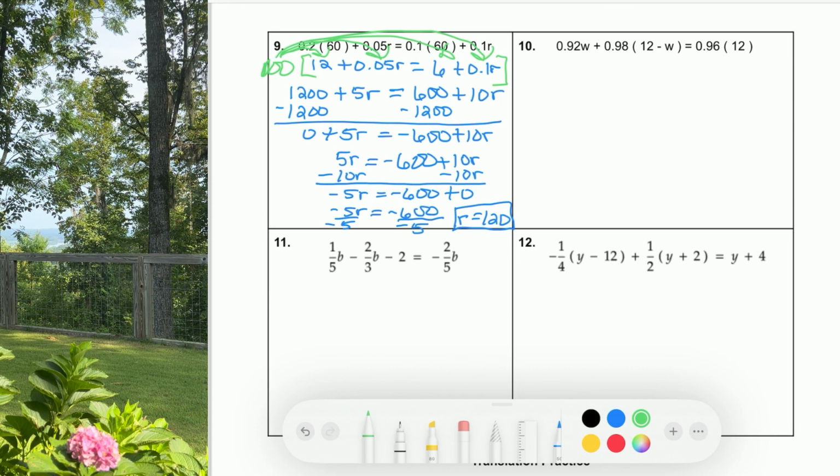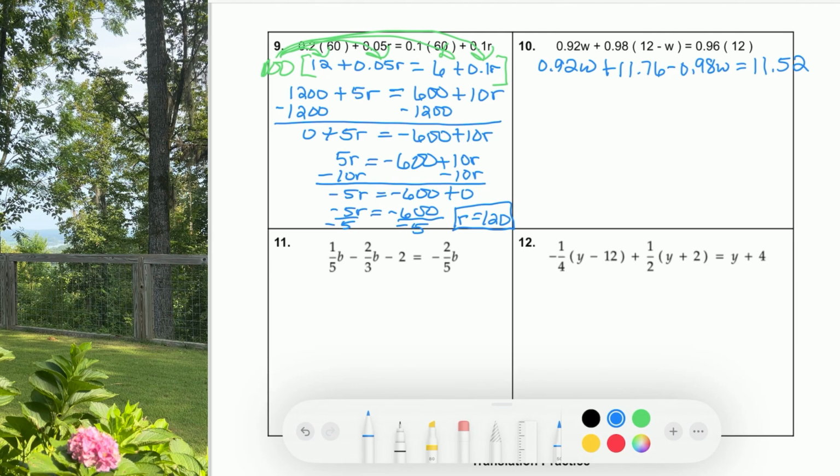All right, number 10, same situation. Let's go ahead and multiply out, combine everything we need to combine, and then figure out what place value we have so that we know what number to multiply everything by to get rid of those decimals. Okay, so we've got 0.92w plus that 0.98 times 12 is going to give us 11.76. The 0.98 times that negative w, so we got minus 0.98w equals 0.96 times 12 is going to give us